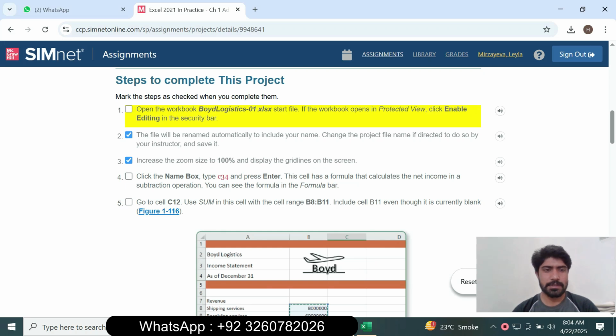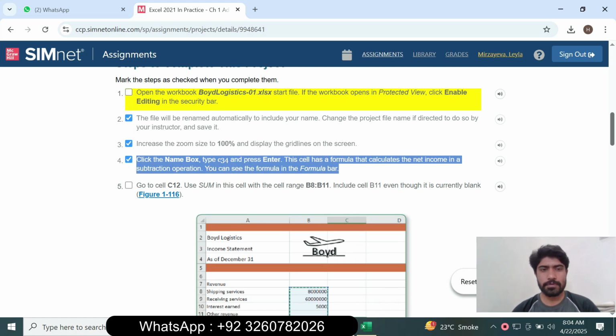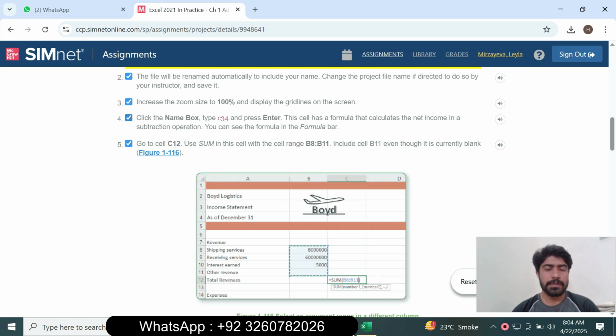Next is question number 4: click the Name box, type C34 and press Enter. The cell has a formula that calculates the net income using a subtraction operation.